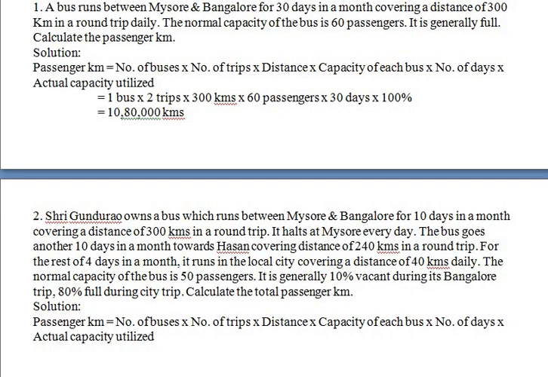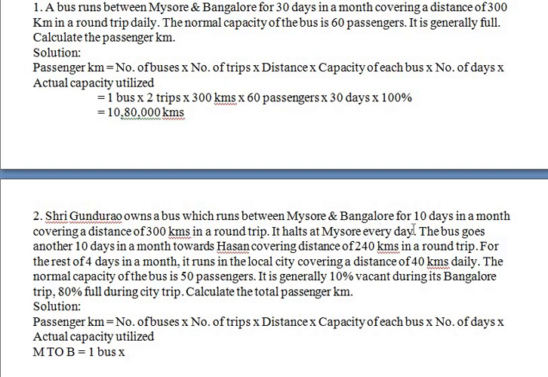Write down the formula. Number of buses into number of trips into distance into capacity of each bus into number of days into actual capacity utilized. Okay, so first what we will take? We will take from Mysore to Bangalore. Okay, now that is equal to, now Shri Gundu Rao owns a bus, means one bus, into number of trips. Now check here,